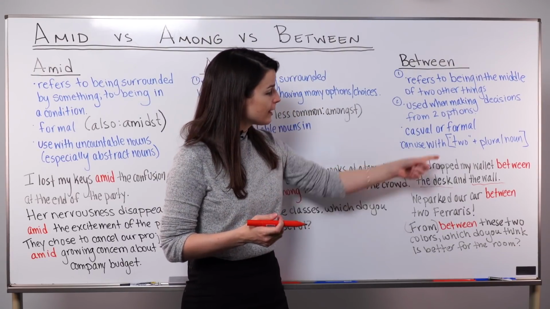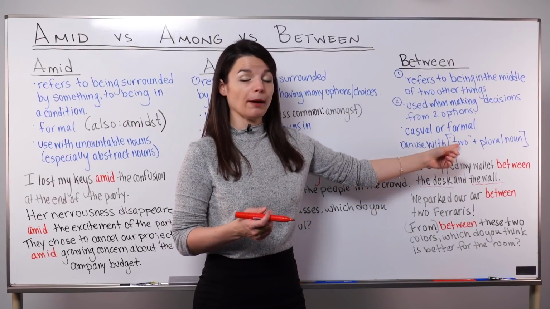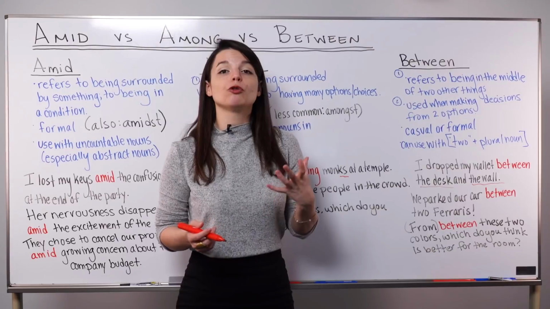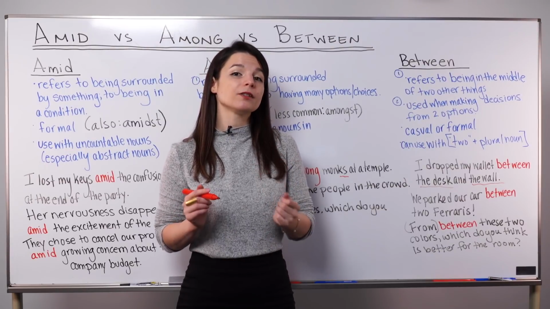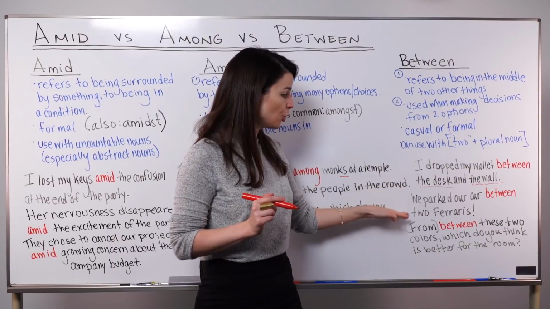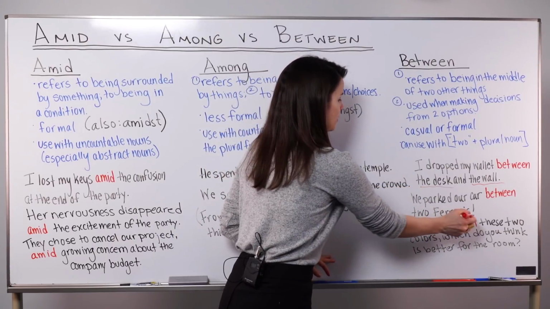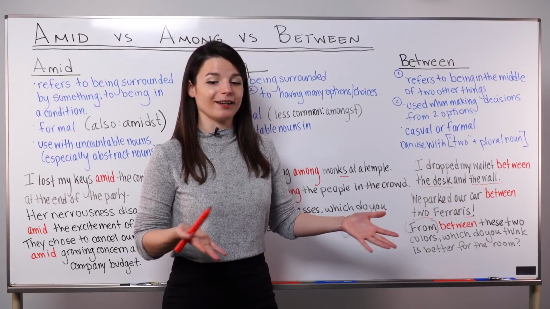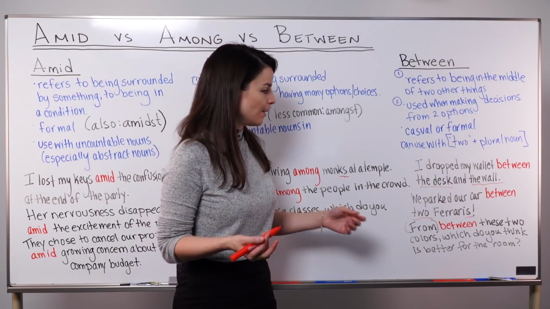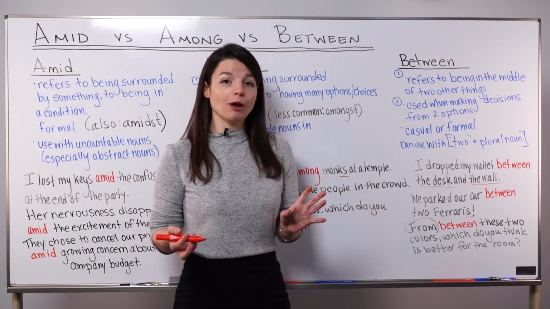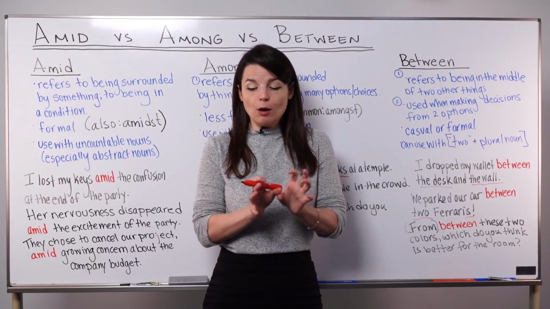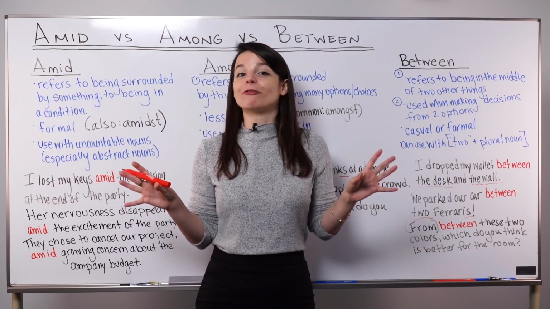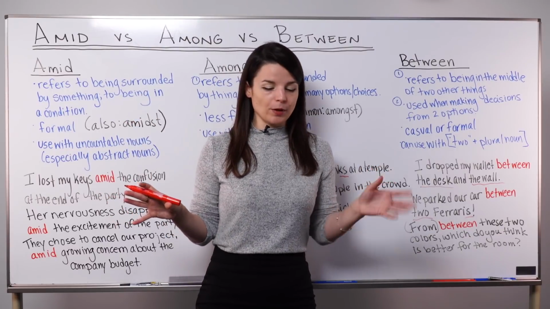Second, this uses this kind of to pattern I mentioned. We parked our car between 2 Ferraris. So here, this follows a different pattern. Between 2 Ferraris, this is in the plural form. So a Ferrari is an expensive car, a sports car. So here I'm using 2 Ferraris. So this shows that on both sides of our car, there was a Ferrari. So one on this side and one on this side.